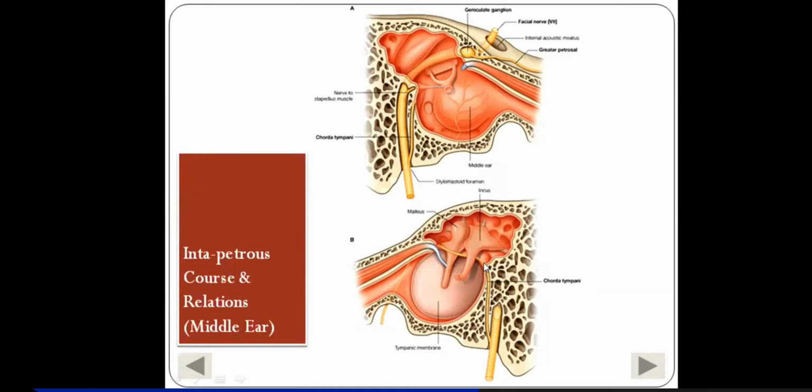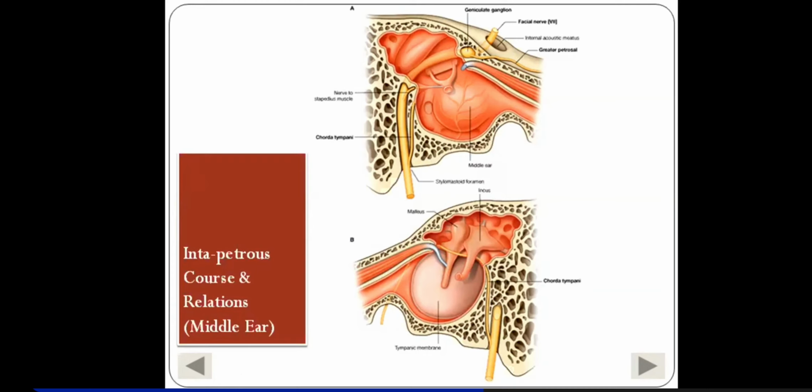This chorda tympani will pass through the bony canal, perforate, and reach the middle ear cavity. And I was telling that it runs a little high in the middle ear cavity, so that it passes between the malleus and incus in its course. Then it reaches the petrotympanic fissure, and it emerges on the base of the skull through the petrotympanic fissure and reaches the infratemporal fossa.